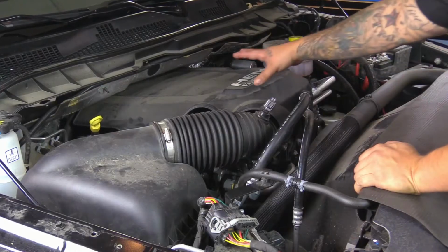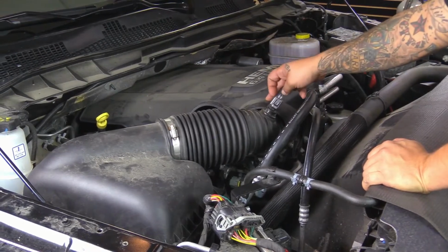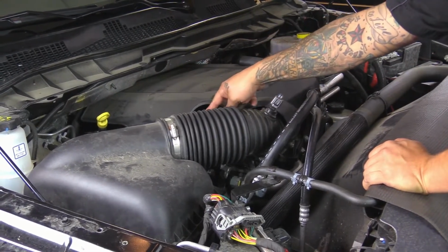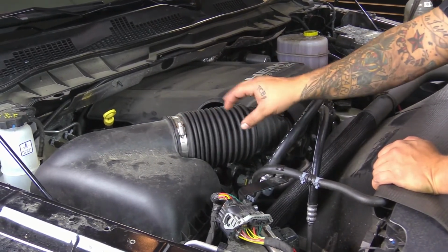Hey, we're in the shop today. We have a 2017 Ram 2500 equipped with a 6.4 liter Hemi motor. We're going to get this old intake system off and put on the new Delta Force cold air intake. So let's get started. Okay, first we're going to start off by removing the engine cover. We're going to disconnect the sensor, loosen up the clamp here at the throttle body, disconnect the breather hose, and then unclip this top lid and go ahead and remove this all as one unit,